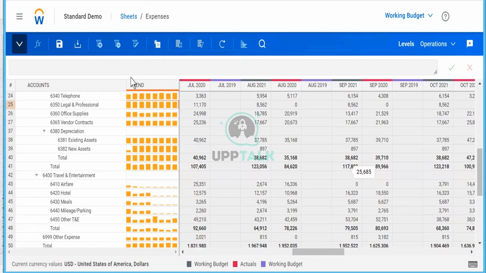Any questions on the standard sheet? We covered all the features and functionalities of a standard sheet. We saw the roll up counts, where you can enter the data, which version you need to select, all the properties and functionalities of the standard sheet, and how you can save this.